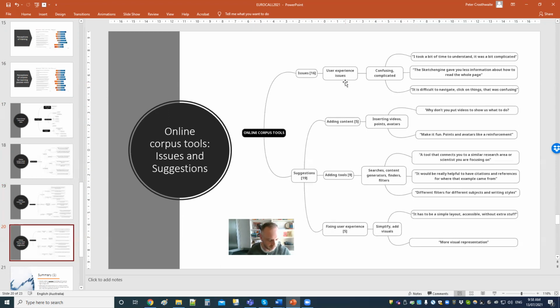the user experience. And in terms of suggestions for improving tools in the future and the training, they wish to add content to the training, including making videos and avatars and points to make it more fun. In terms of the tools, they would be interested in having a tool that allowed them to produce citations and references, different filters for different subjects and writing styles, and other suggestions, and also to simplify wherever possible the user